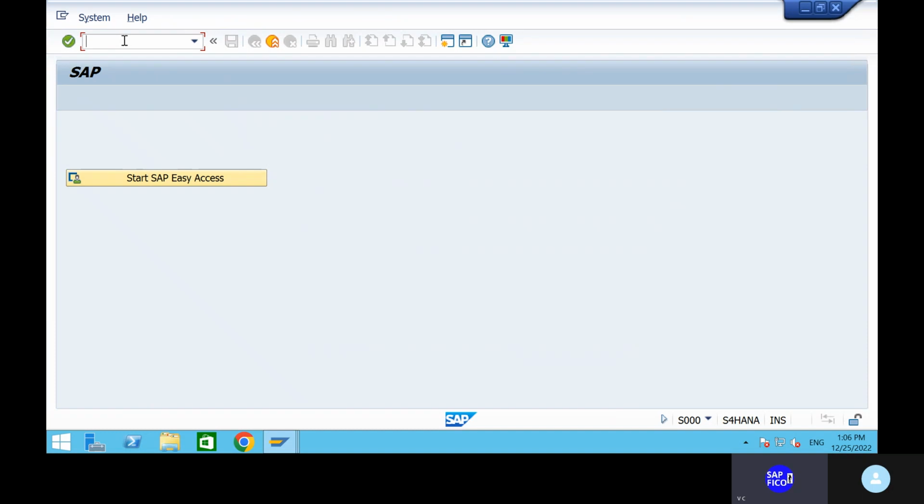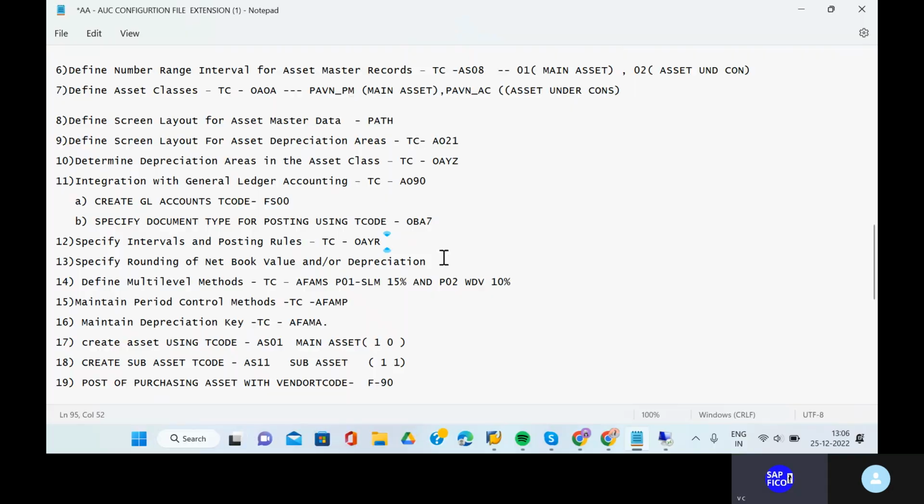Okay, right. So then next, what is the exact configuration that we have? Specify rounding of net book value or depreciation. Why do we need to give a rounding of net book values and depreciations? See, based on the percentages only, we will calculate the depreciation, right? So is it related to the digits of the roundings, or is it related to the complete rounding of